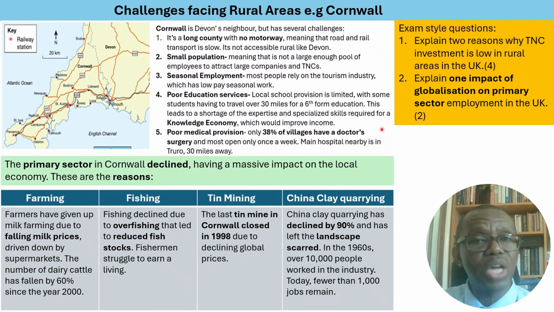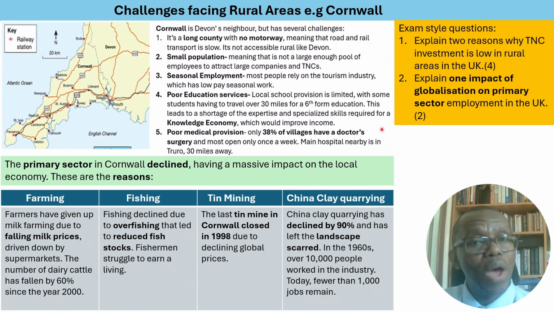And then the last challenge that we are talking about is poor medical provision. Now, only 38% of villages have a doctor's surgery. That is less than half, and that is quite a challenge. And most open only once a week. The main hospital nearby is in Truro, which is 30 miles away. So you can see that if there's a medical emergency, then these kind of conditions do cause